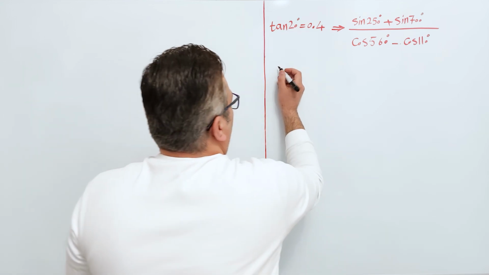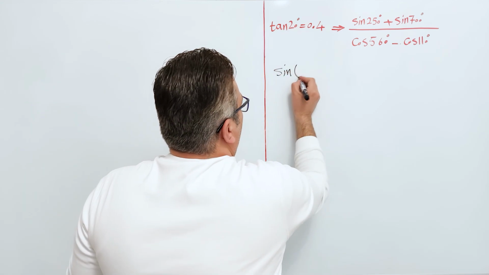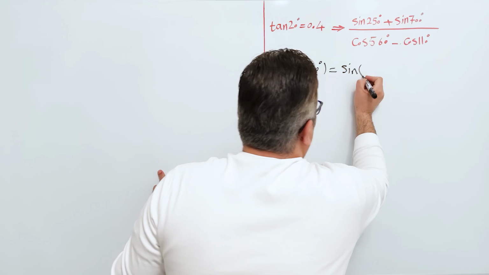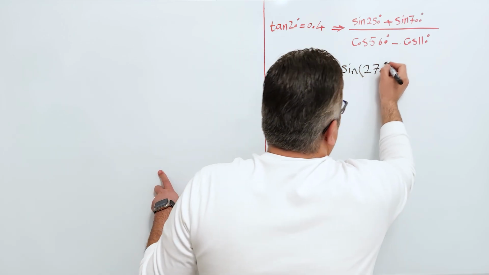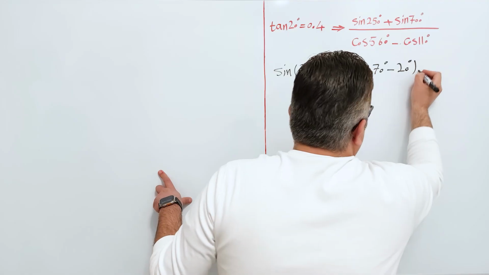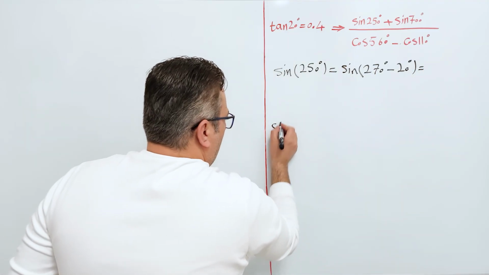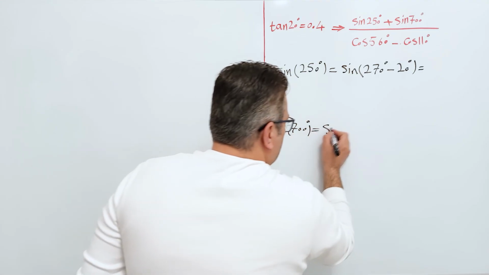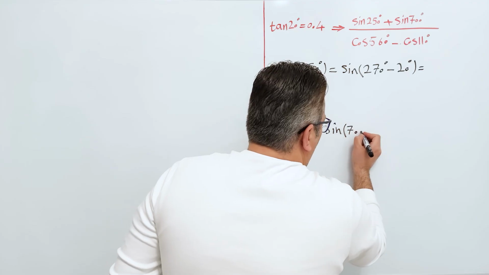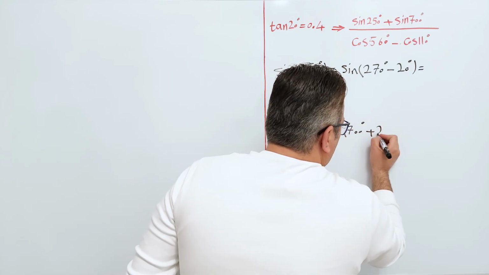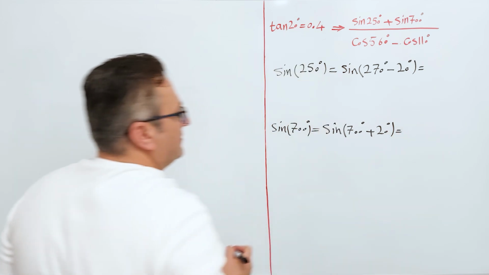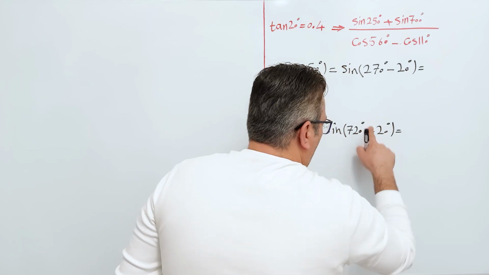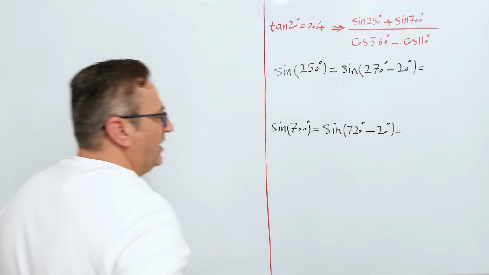So sine of 250 degrees is equal to sine of 270 degrees minus 20 degrees, or sine of 700 degrees is equal to sine of 720 degrees minus 20 degrees. Okay, and